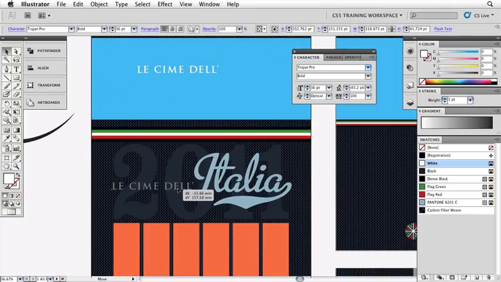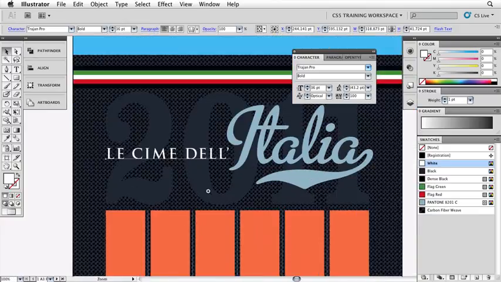Now, when you're positioning things, especially when it comes to type and you just gently want to nudge things into place, it's definitely better to have the smart guides turned off, because then you're not snapping and bouncing around to lines all over the artwork. So as always, Command U or Control U on the PC to turn off those smart guides,